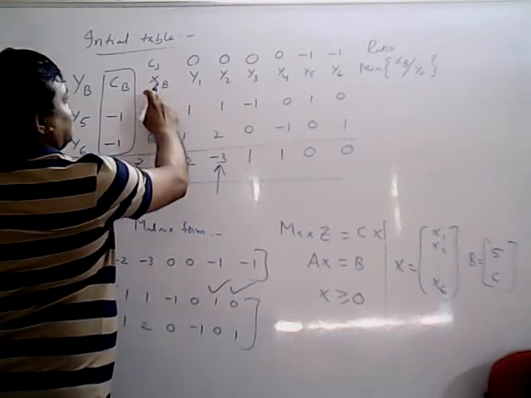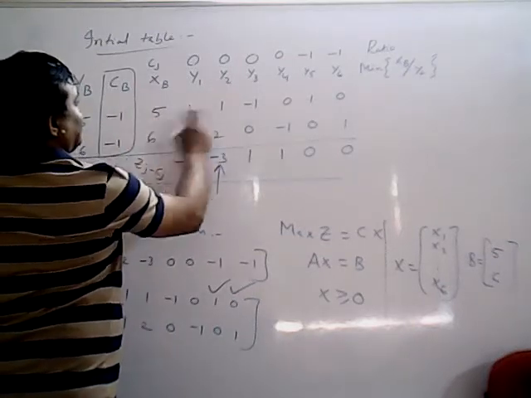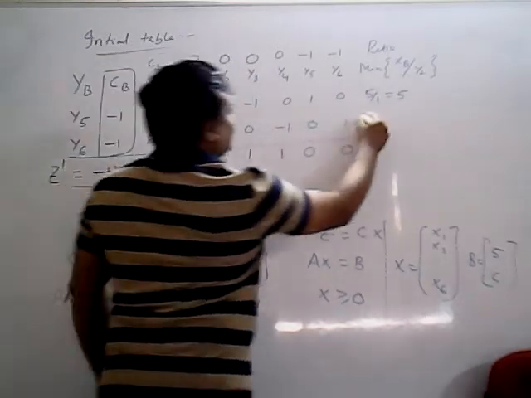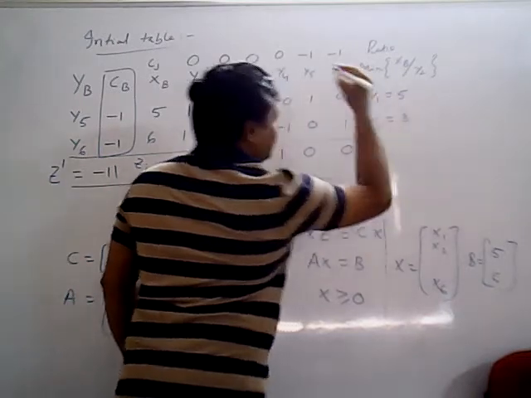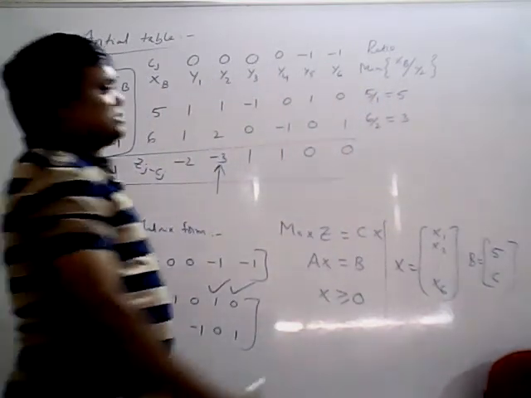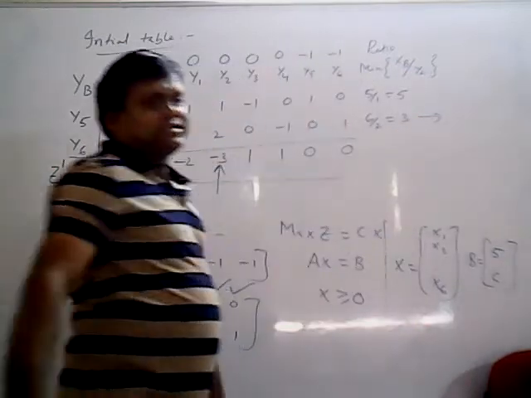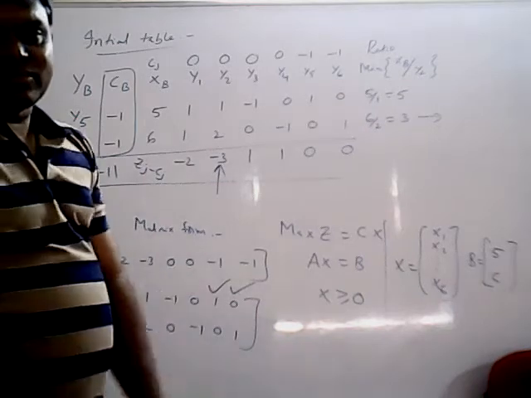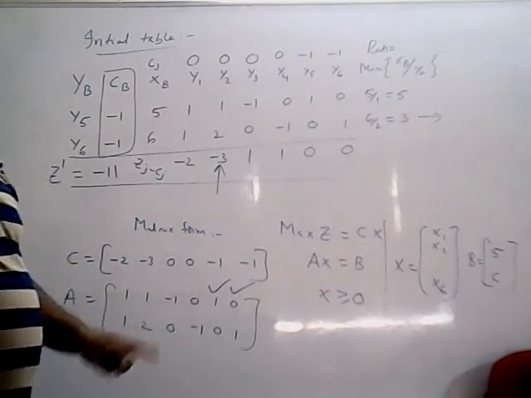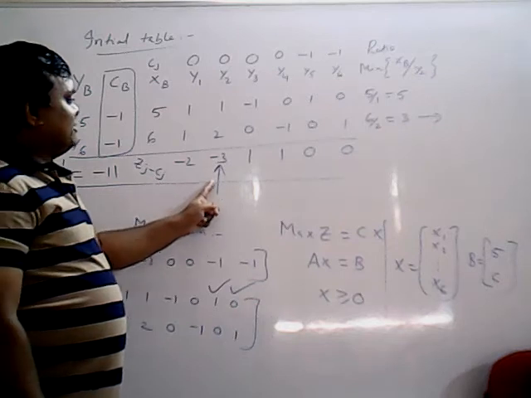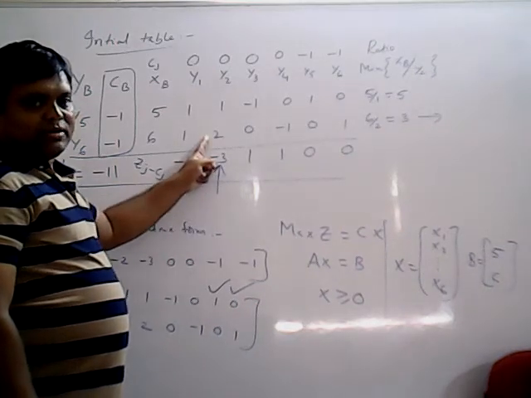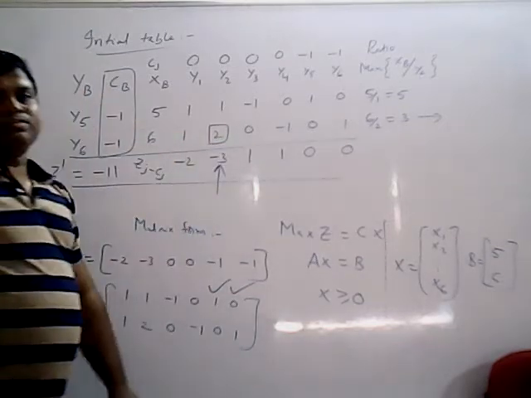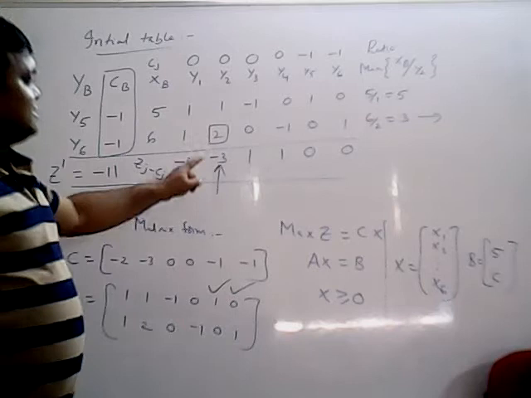Okay. So xb means this is xb. This is y2. So xb by y2. 5 divided by 1, 5 divided by 1 means 5. Next, 6 divided by 2, 6 divided by 2 means 3. Least positive deletes. What is the least positive here? 3 is the least positive, that will delete. Same like big M method you have done, the same concept. Now identify the key element. Next step is you have to identify the key element. So what is the key element? The element which is common to entering column and deleting row. Deleting row is called key element. So what is the key element here? Key element is 2. Now next step is make this key element as 1.